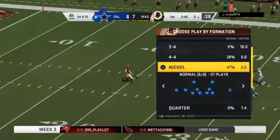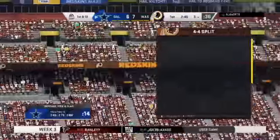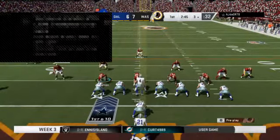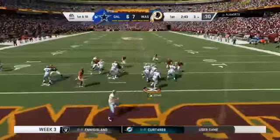A beauty. That is how you flip field position. That's an absolute bomb of a punt. Downs it inside the 5-yard line. Absolutely ideal. From that position, you're hoping to get it down inside the 15, inside the 5. Superb. They'll start the drive with